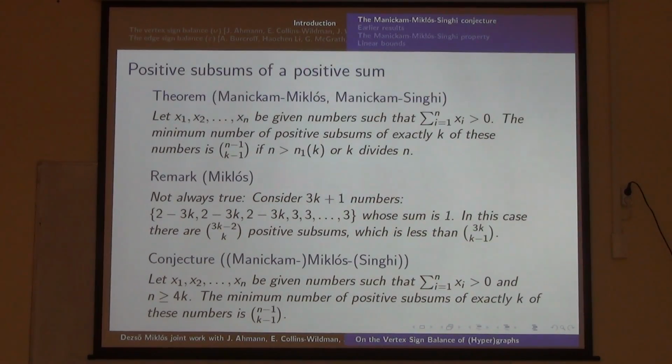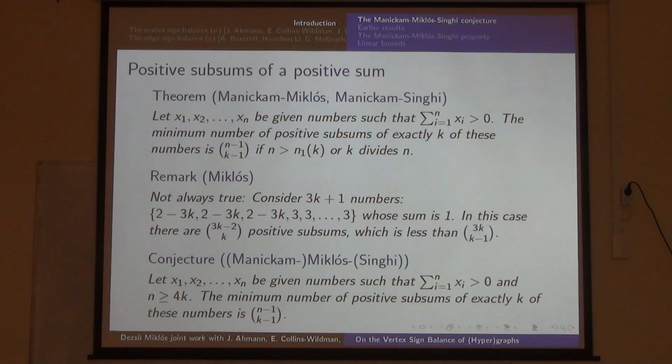And also, it's not very difficult to find an induction which proves that if for some n, n-1 choose k-1 is the best construction, then for n plus k the same statement is true. It's a simple double counting argument. Therefore, if this is the optimal answer for 2k, then this is the optimal answer for any multiple of k. So in particular, it's also the optimal answer for 3k. For 3k plus 1, this doesn't work.